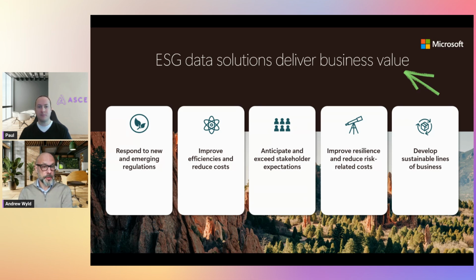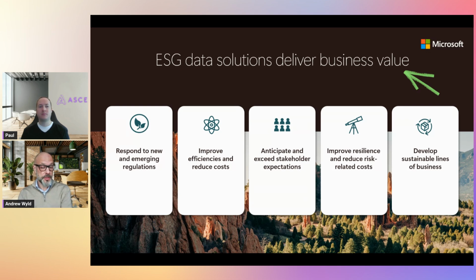This is the ability to respond to new and emerging regulations. And when you look at sustainability and having a sustainable brand, especially in retail, that's a huge part of your commodity. That's a huge part of who you are as an organization. Damage to that brand can be caused by some of the sustainability reporting you have to do. But being able to respond to regulations is critical.